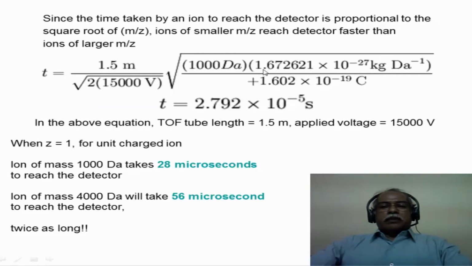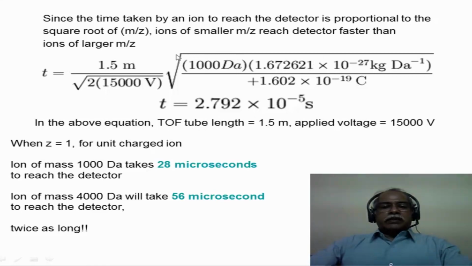So let us say, for example, a mass of 1000 Dalton is given. This is the atomic mass unit in kilograms, in other words kilograms per Dalton: 1.67 × 10 to the power minus 27 kilogram per Dalton is the atomic mass unit, and this is the Coulombic charge, 1.602 × 10 to the power minus 19, the charge on an electron. That corresponds to a monopositive charge on that particular ion. A voltage of about 15,000 volts is used for the acceleration of the ions, the kinetic energy producing voltage, and the flight tube has a length of about 1.5 meter. So these are essentially constant as far as the measurement is concerned, which corresponds to the K.